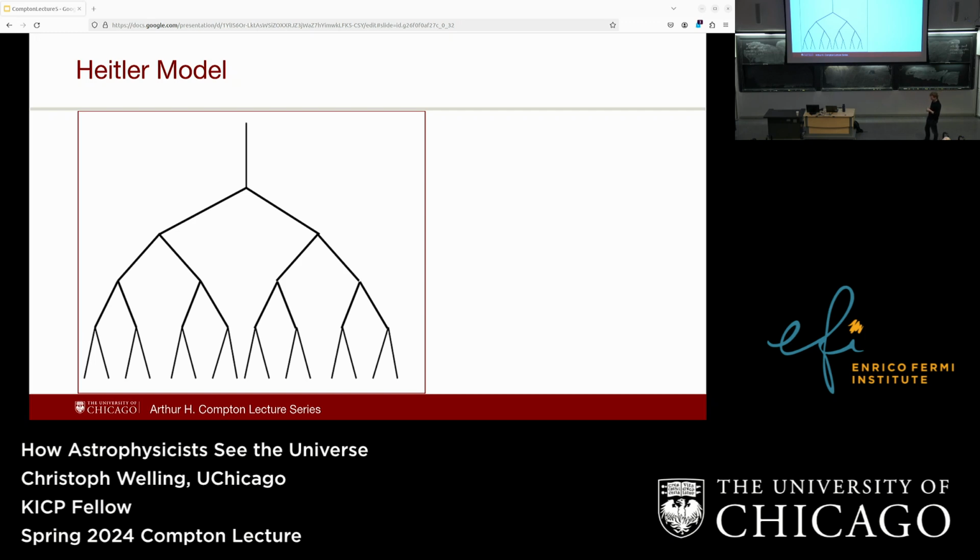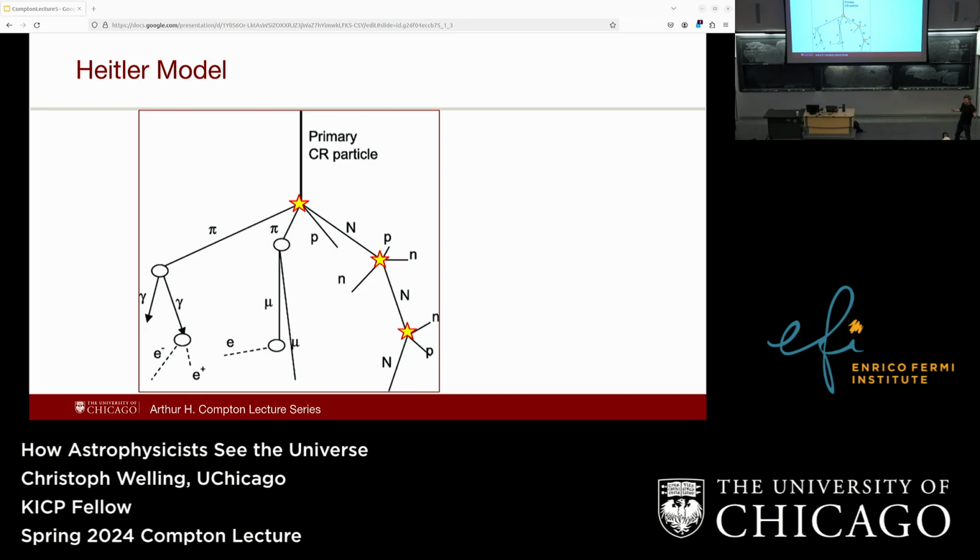Now, this is a very simplified model. In reality, it looks a lot more complicated, because you don't necessarily just create two new particles. You can create a bunch of new particles at once. You can create different particles. Some of them are going to decay, and it's all kind of complicated. But we know how particle collisions work. That's something that people in Geneva or here at Fermilab have been doing for a while. So we can actually simulate pretty well how the shower would look.